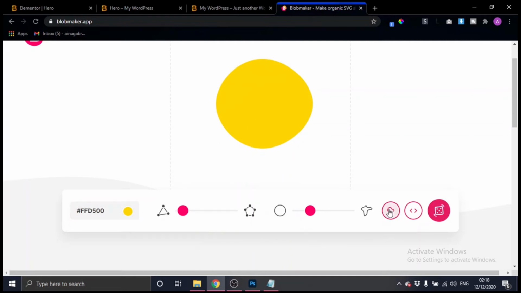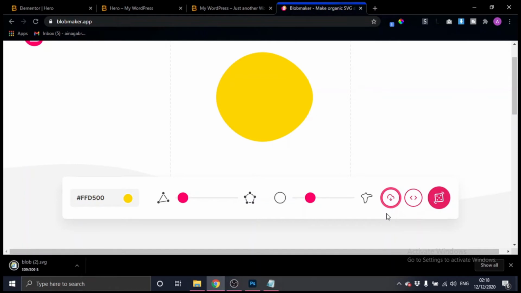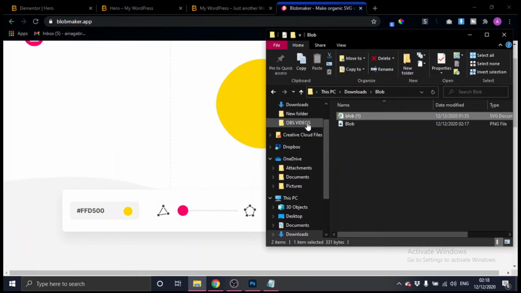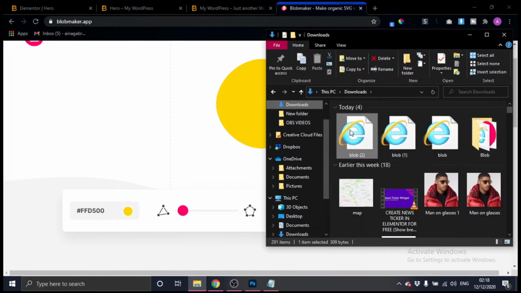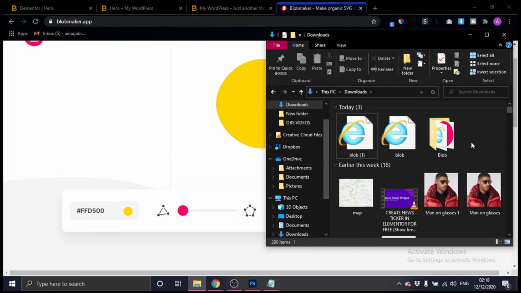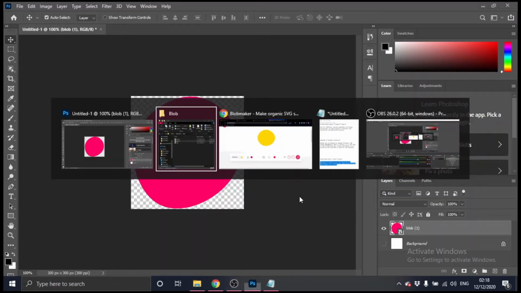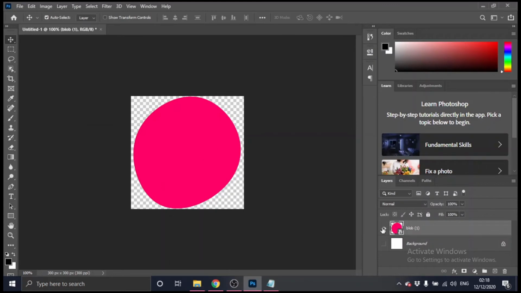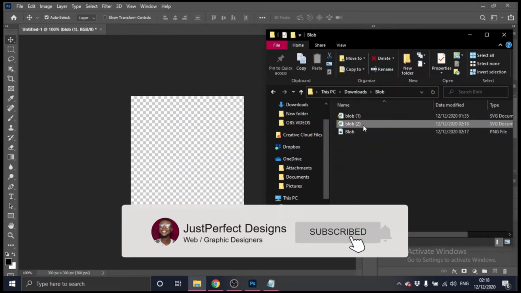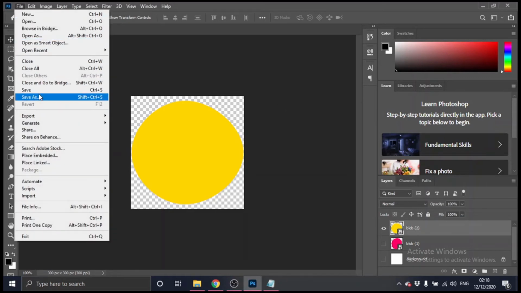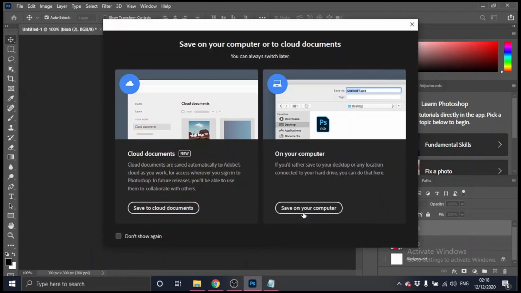So what I do is just save this. Okay, so for the sake of this tutorial, I'm going to be using this. Let me go back to my downloads, and then let me drag this in here. Okay, so this is the one I just created. I'm going to be deleting this. I'll just hide it. Then I'm dragging the one I just created, which is the yellow one. Just simple, it's the same thing. So you're going to do the same thing, come down and hit save as, save on your computer.